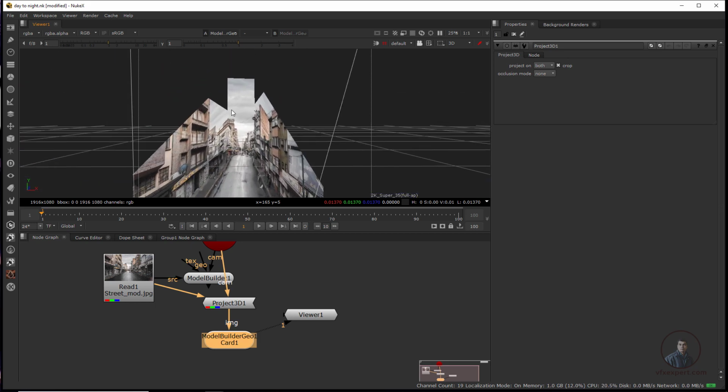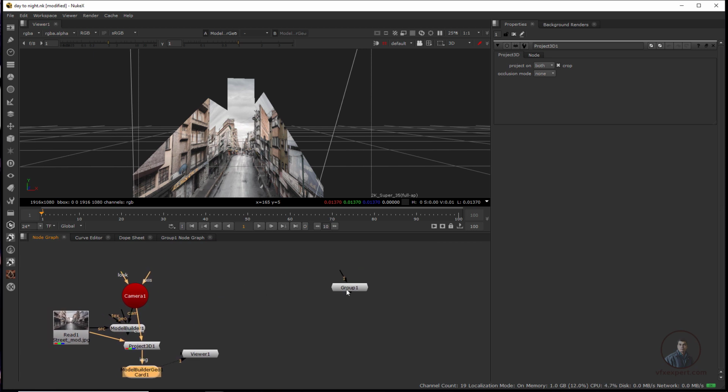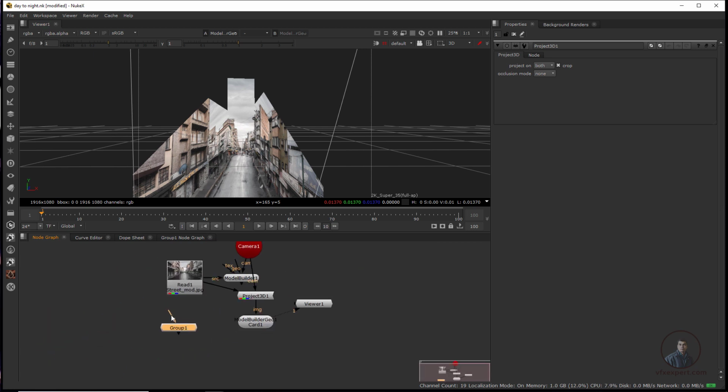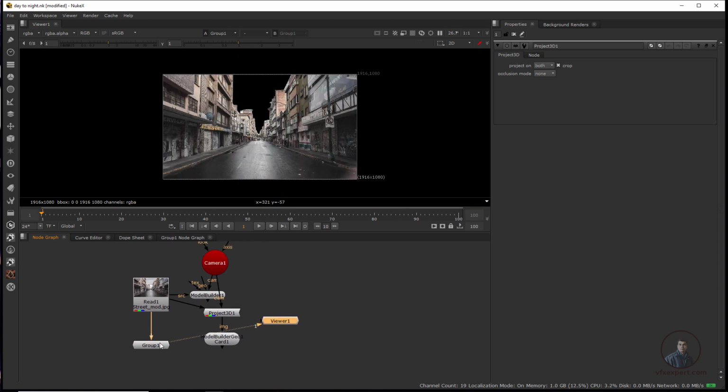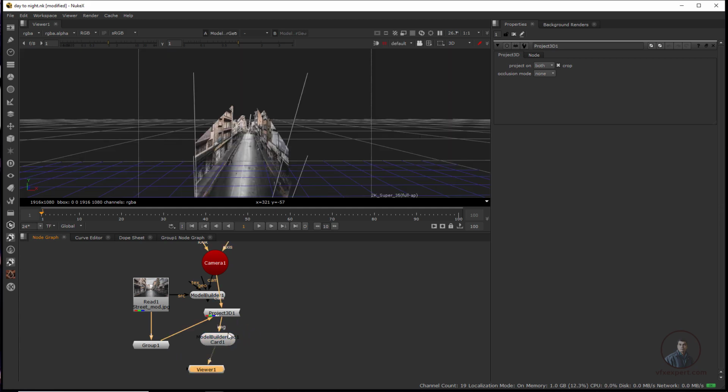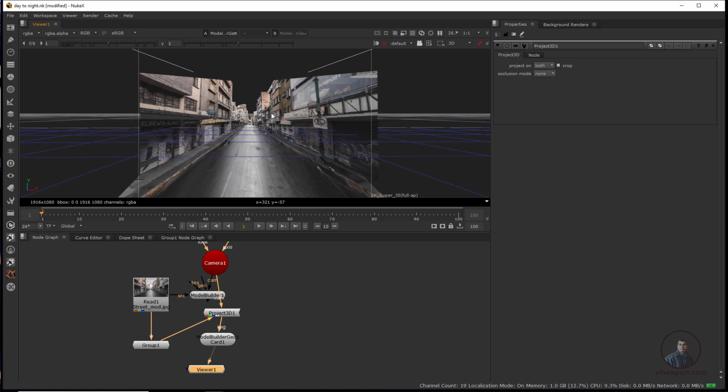Now finally, a little bit on the sky, because here there is no need for any sky because I am going to convert this shot to night. If you need it further, you can project this sky onto our 3D scene setup, but here I am going to ignore this one. So I have removed the sky here. Now you can see here I have connected this and select this one. Now press 1. Now I am going to project this image here, then unplug the original image from here and connect it here. Now again select this one and press 1. Now easily you can see from here like this, okay.